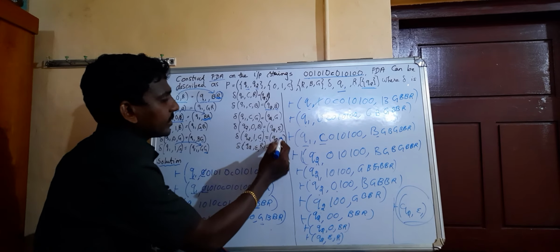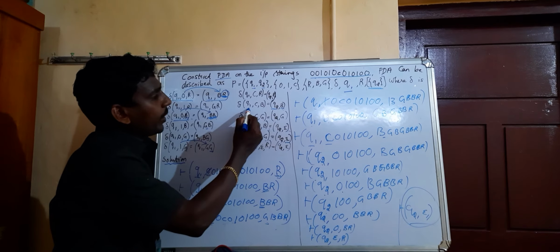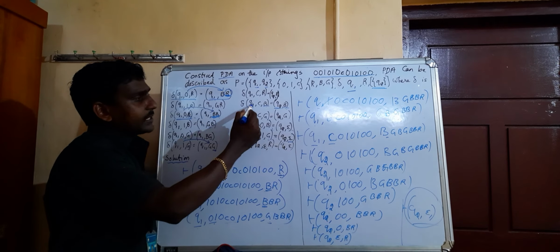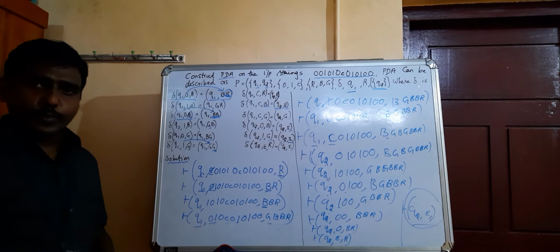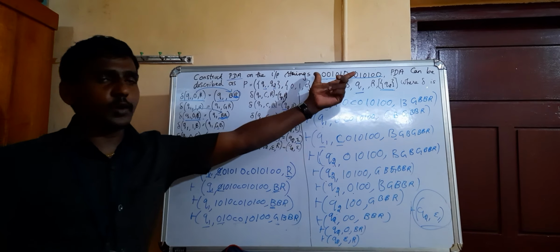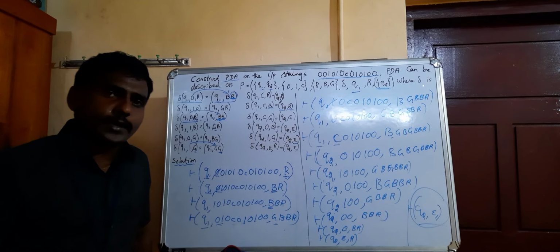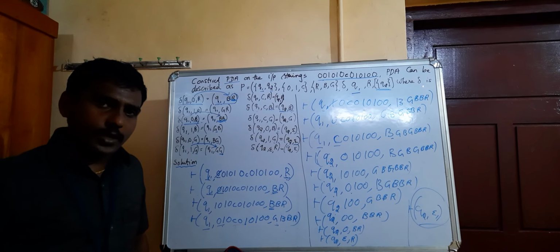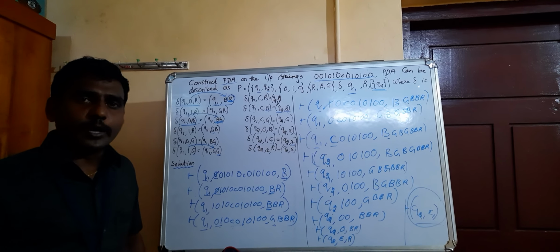Okay, here what is the thing? Epsilon means pop from the stack, and the state also changes. See Q1 CB, nothing should be pushed or popped, only B, 1B is there, and the state should be changed to Q2. Okay, so this is the way of doing the problem. Another string I have given in your notes. You have to check it and do it from your home. Work out lots of problems that are in your Xerox. This is a very important problem. Thank you.